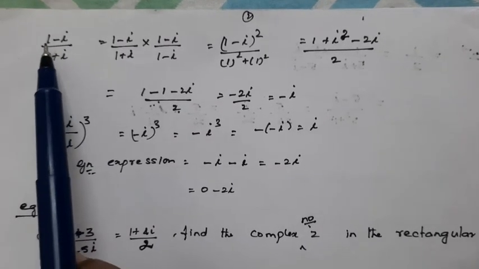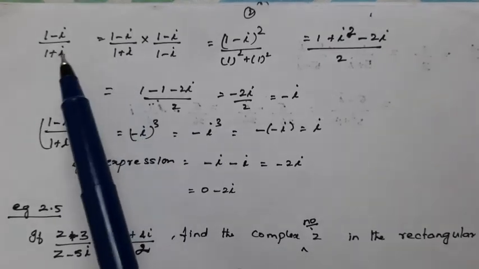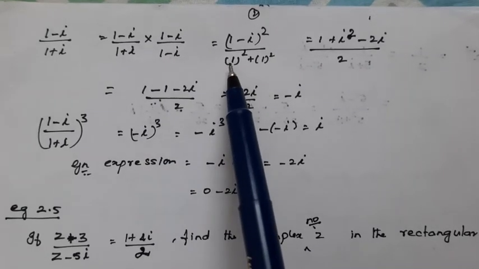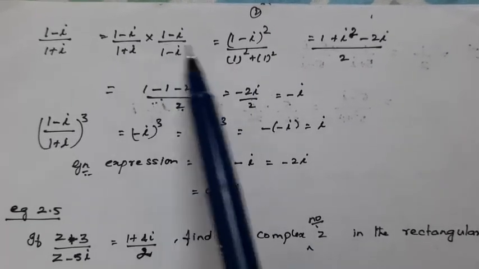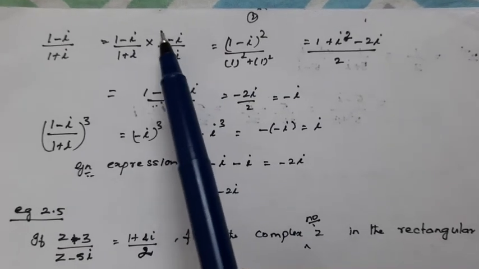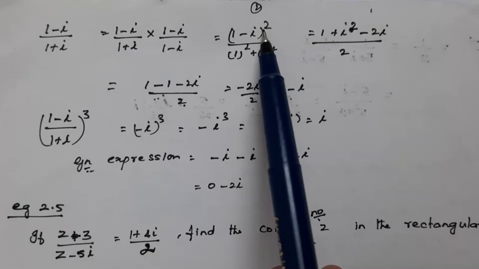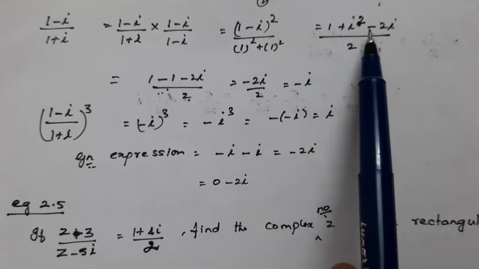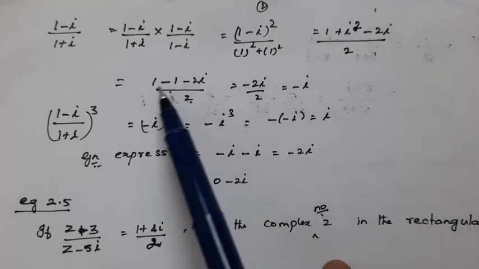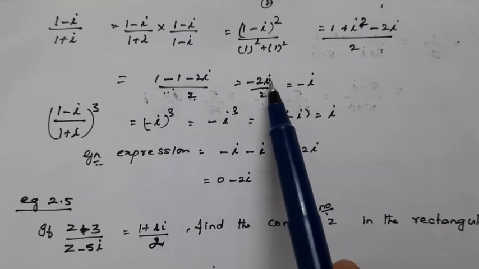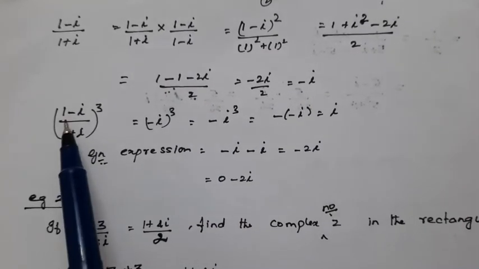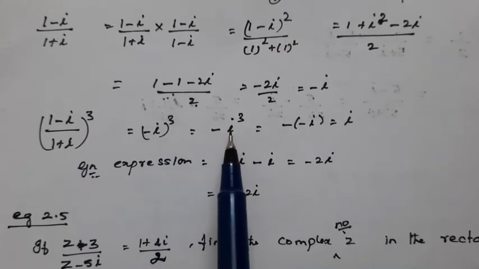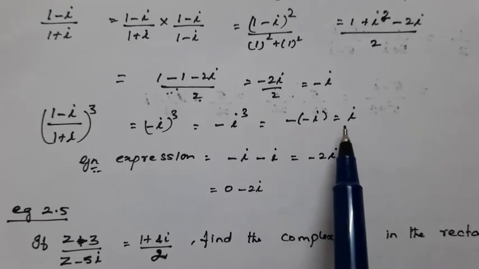Now let us come to the second part, (1 − i)/(1 + i). So as usual, multiply and divide by the conjugate of the denominator. So what happened to the product of the denominators? It is equal to 1 squared plus 1 squared. Numerator (1 − i) the whole square. Again, you can either multiply by the rule of multiplication, or you can write it as (1 − i) the whole square and expand it using (a − b) the whole square. So 1 squared plus i squared minus 2i. i squared being minus 1, 1 minus 1 minus 2i by 2. So these two get cancelled, minus 2i by 2, that is equal to minus i. So ((1 − i)/(1 + i))³ is equal to (−i)³. So minus to the power 3 is minus, and i cube is minus i, minus of minus i. So it is equal to plus i.